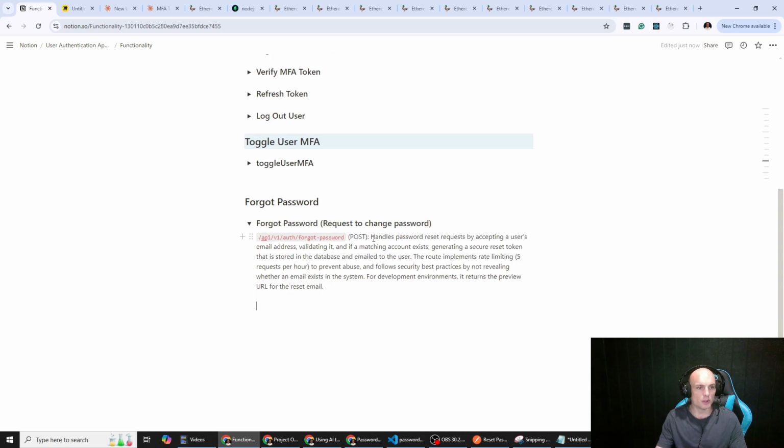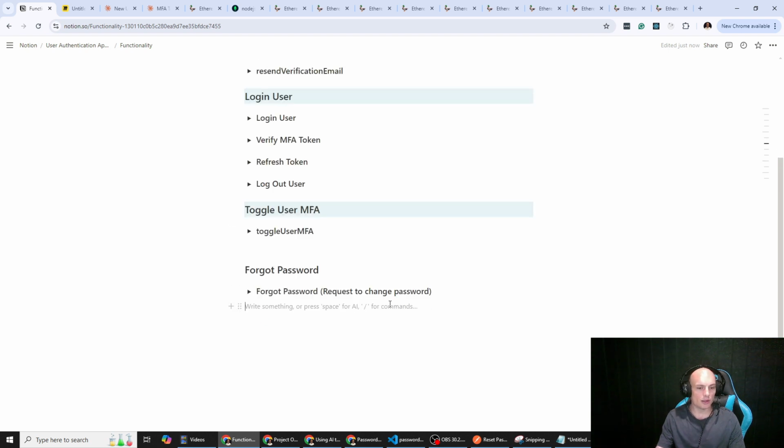And handles password reset request by accepting a user's email address, validating it, and if matching can exist, generate a secure reset token that is stored in the database and emailed to the user. Throughout, implements rate limiting 5 requests per hour to prevent abuse, and follows security best practices by not revealing whether an email exists in the system. For development environments, it returns a preview. Okay, fantastic. And then toggle